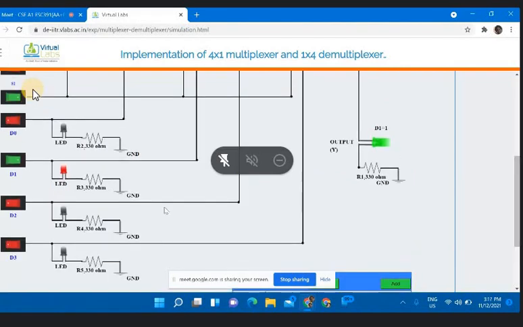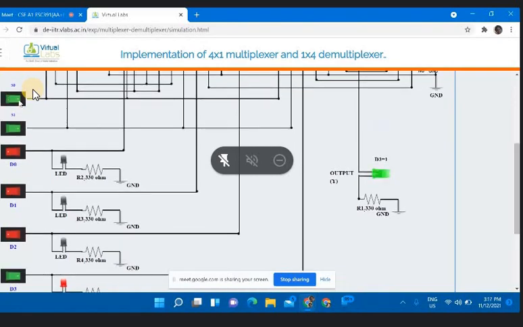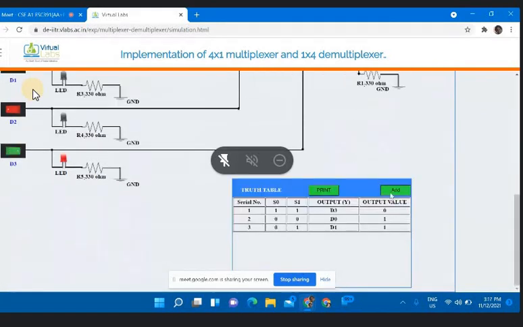Similarly, if I switch on my D3 and I select both S0 and S1 as high, here I get my D3 line as high. Is it clear to everyone? You have to decide which data line you want to activate.